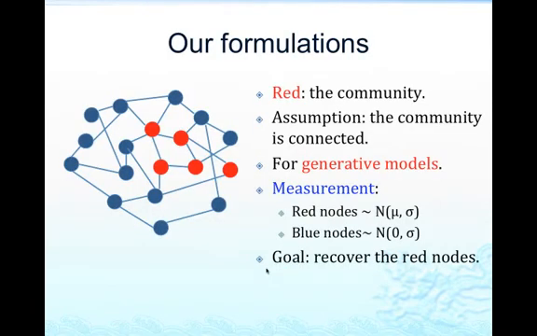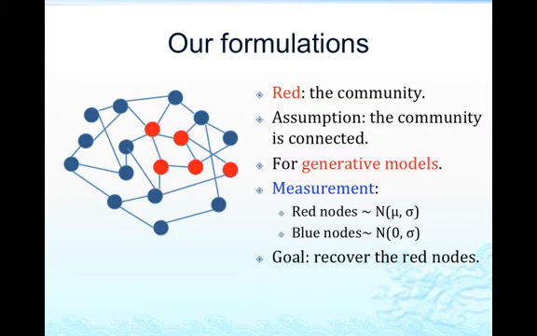Next, let me explain our model and our result. We start with a graph that is generated by stochastic processes, such as the Erdős–Rényi random graph model or Kleinberg's small world model. Then, nature or the adversary chooses the community we need to detect. In this example, the red nodes are the community we need to detect. The only constraint we impose over the adversary's choice is that the subgraph induced by the community members needs to be connected.